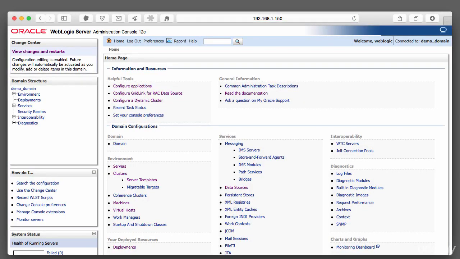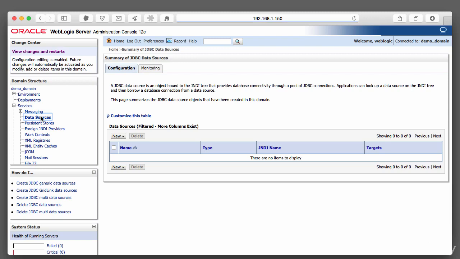Okay, so once you're logged into the console, let's go to domain structure, and under domain structure, go ahead and expand services and click on data sources. So this is where we're going to create our data source. So go ahead and click new, and then you can see here you've got the three data source types that you can create. We've got generic, grid link, which is used for configuring Oracle RAC, and multi-data source. So go ahead and select generic data source,